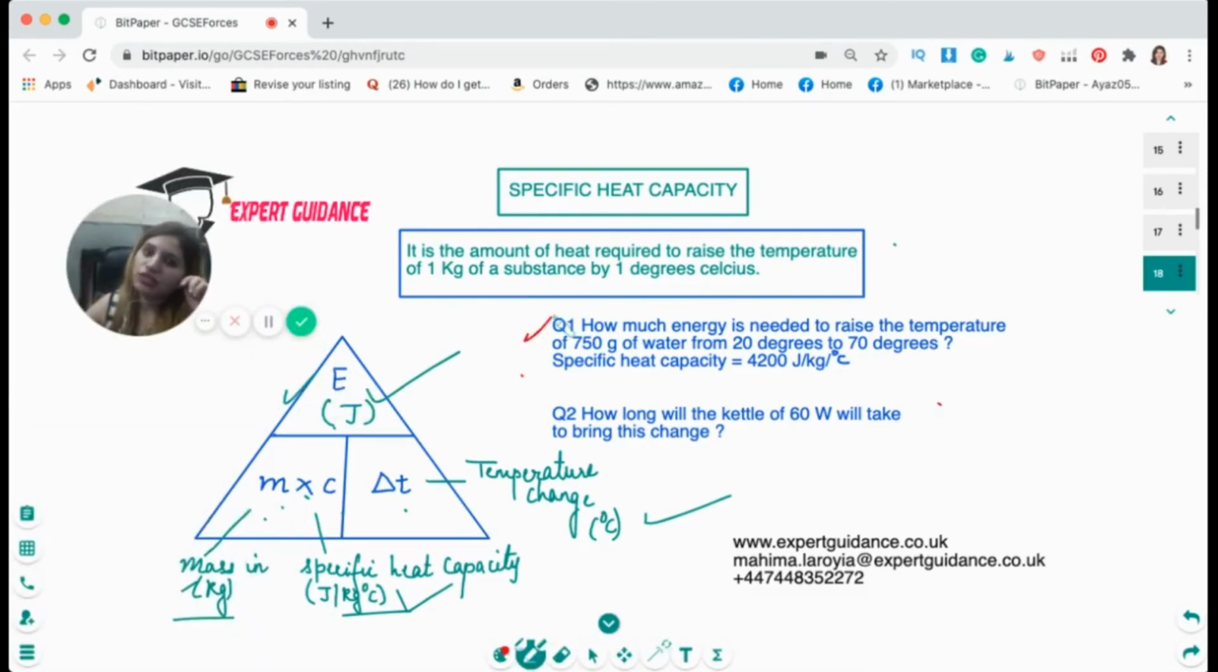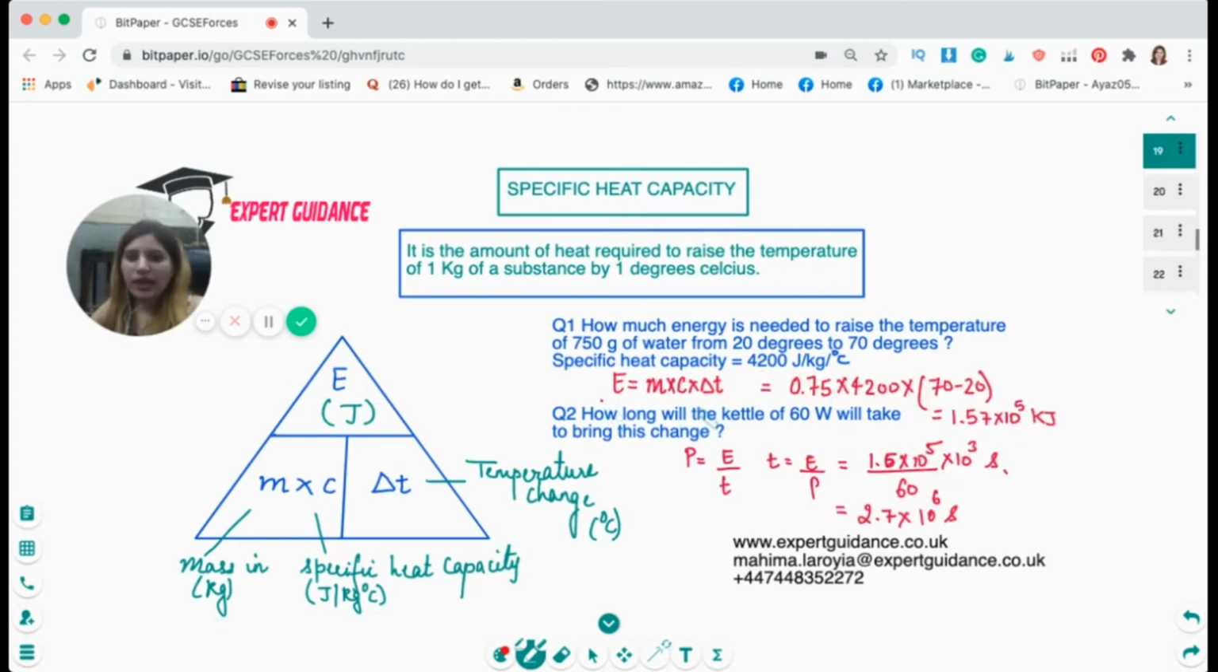How much energy is needed to raise the temperature of 750 grams of water from 20 degrees to 70 degrees, and specific heat capacity is given to you? How long will it take a kettle of 60 watts to bring this change? Now, we know energy is mcΔT. My mass is 750 grams, it has to be in kgs, so that becomes 0.75 times 4200 times temperature change, which is 70 minus 20,